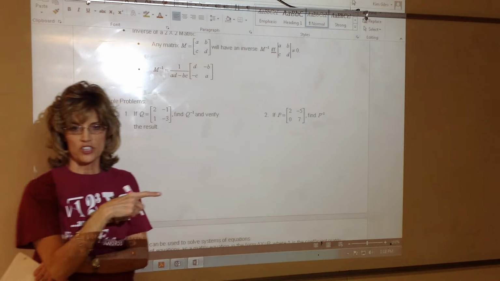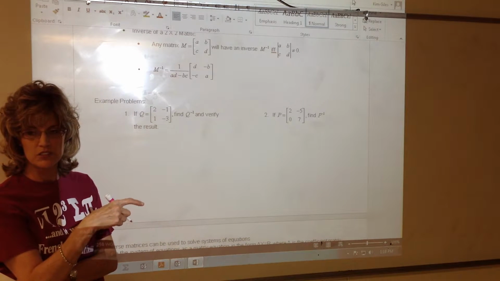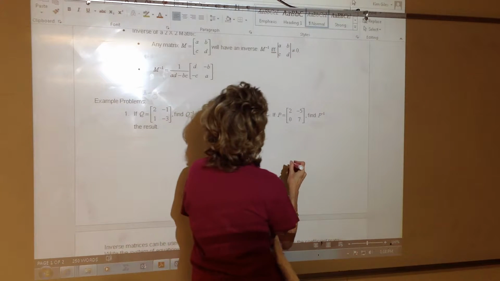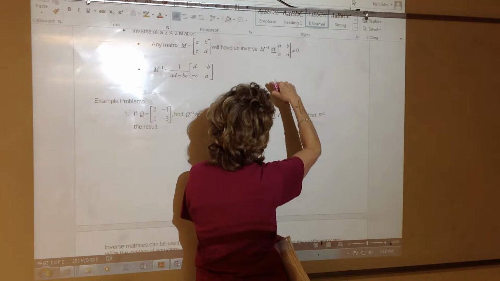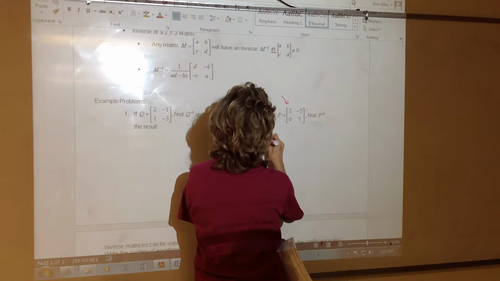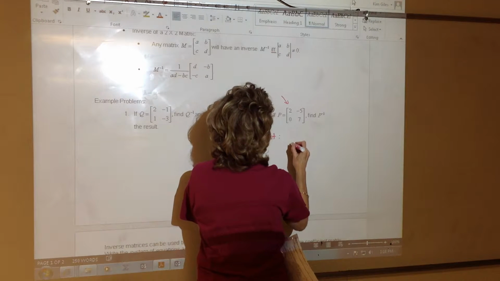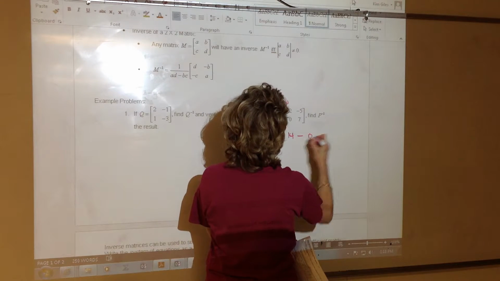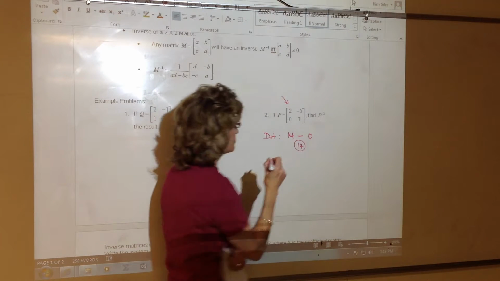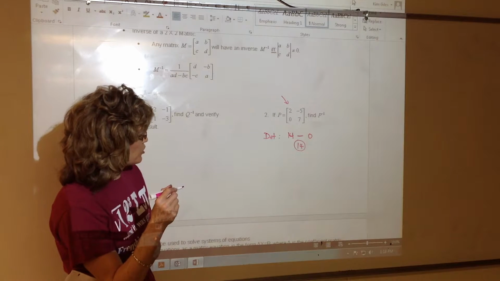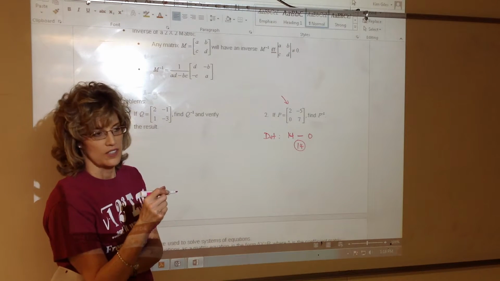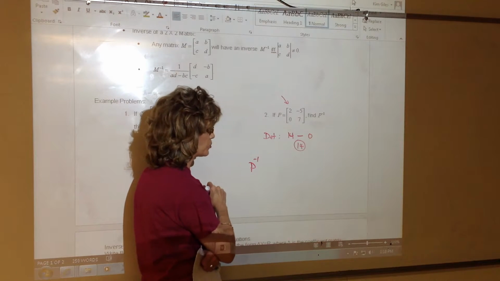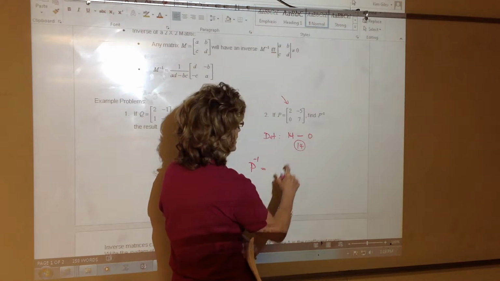What's the first thing you have to do to find P inverse? Find the determinant. Good deal. So the determinant means start in the upper left. The determinant is 14 minus 0, 14. So after you find the determinant, here's how you get the inverse. We're going to call it P to the -1, P inverse. It's going to equal,